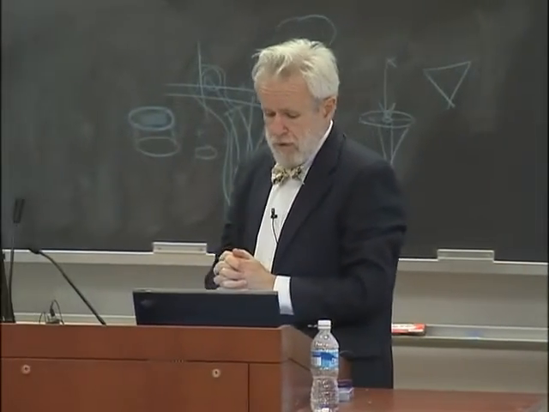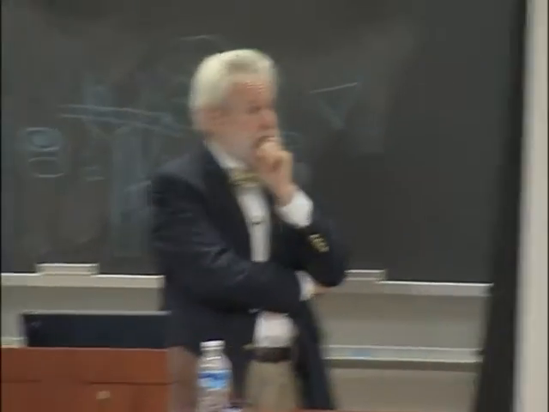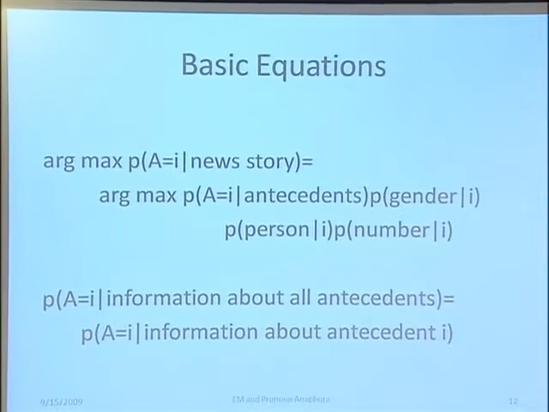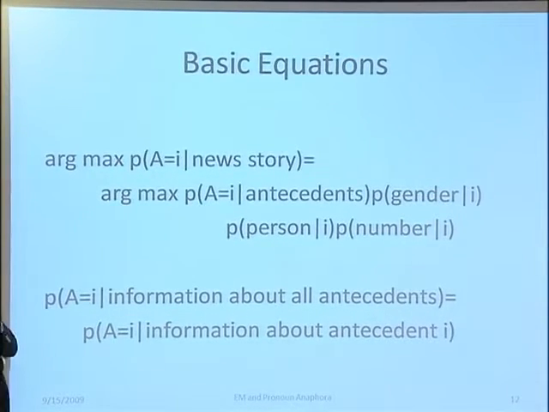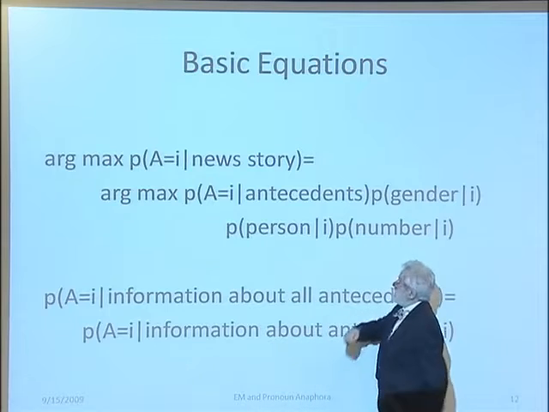To be slightly more precise, here's the basic equation. The probability that an antecedent is I, where I is some index into the previous noun phrases, we want the argmax of that, find the I that maximizes that, is the probability that